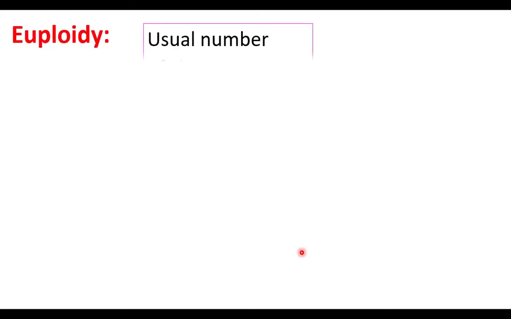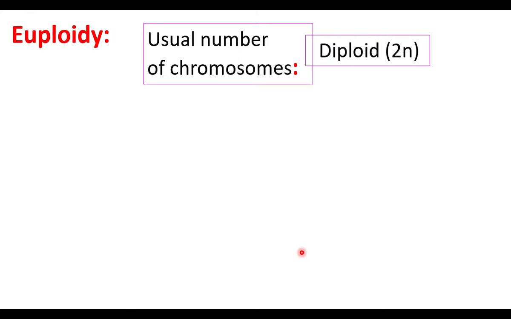What is euploidy? The usual number of chromosomes is diploidy. What is the usual number? Two sets, n plus n, that is diploid. Change from the diploid condition is called euploidy. 2n has n plus n, two sets of chromosomes. When there is addition of one more set, that is 2n plus one more n, 3n, that is